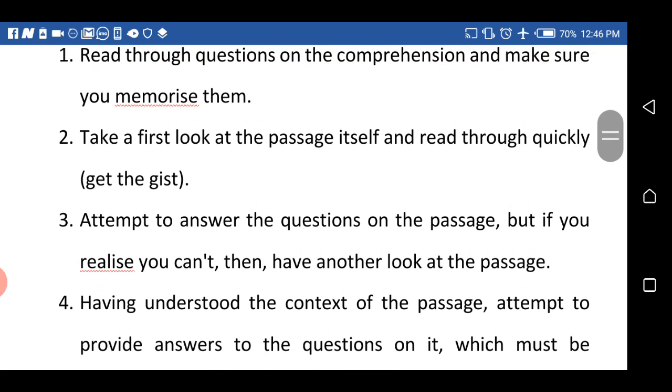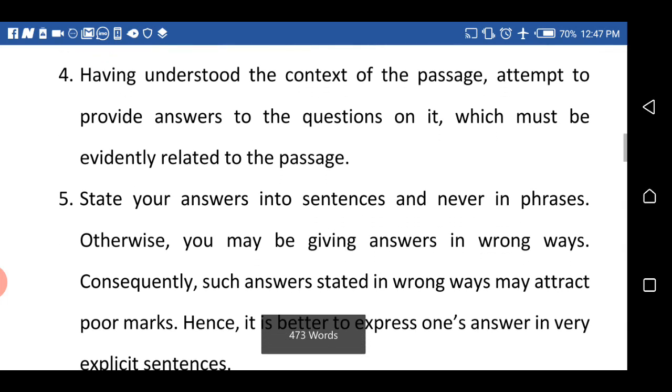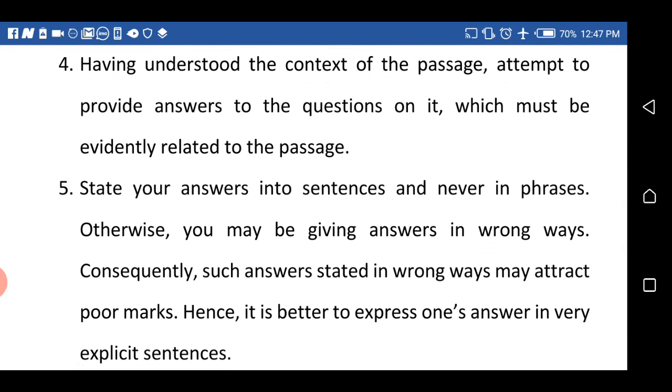These are: number 1, read through the questions on the comprehension and make sure you memorize them. Number 2, take a first look at the passage itself and read through quickly. That is, read to get the gist. Number 3, attempt to answer the questions on the passage, but if you realize you can't, then have another look at it. Number 4, having understood the context of the passage, attempt to provide answers to the questions on it,